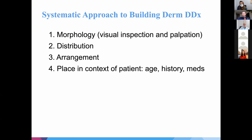And then at the very least, if you don't have lists of, like, oh, this is what causes a papulosquamous rash, and this is what causes a papular eruption and things like that, then at least you'll be far more efficient at looking up on UpToDate or wherever you want, looking up what the possibilities might be. So